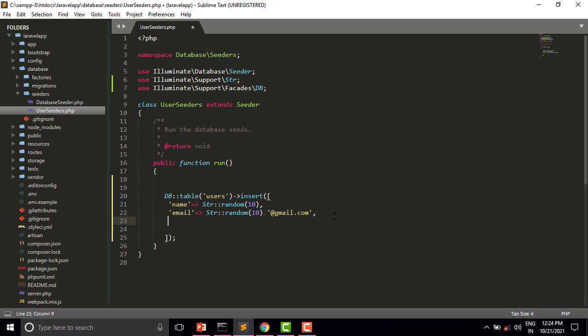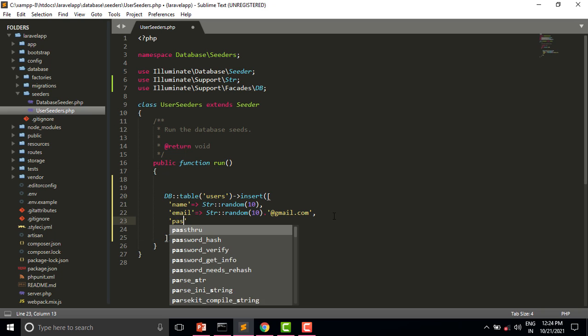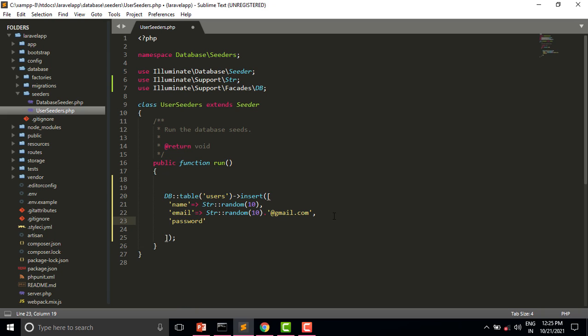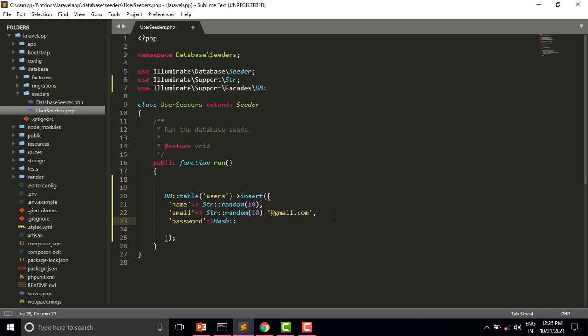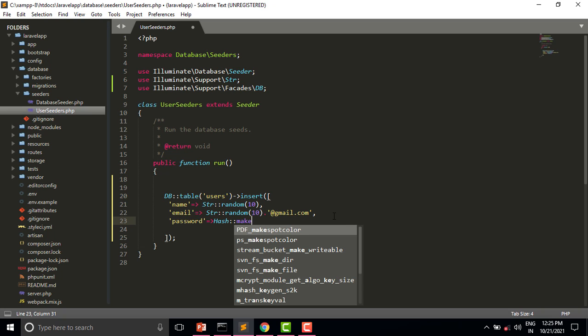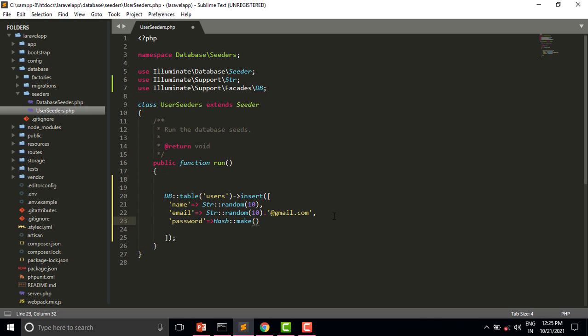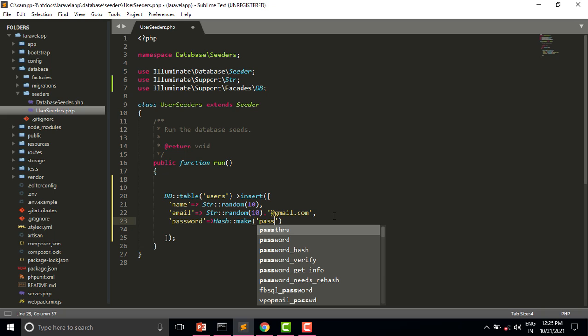And another field is password. We will use the hash function, Hash::make, and we will pass the string password.